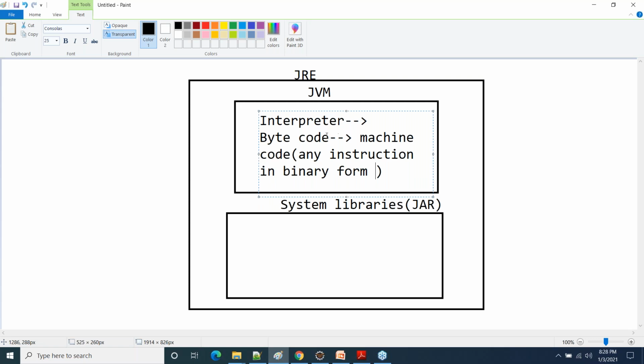And remember one thing, byte code does not mean binary form. The .class file contains byte code, which will be converted by the interpreter into machine code. Is that clear now? Still any confusion? Yes, Atul. Compiler is responsible for converting the .java file into a .class file, and then the interpreter, which is a part of JVM, and JVM is a part of JRE, reads the class file line by line, converts that into machine code, and then you get the output. Is that clear now?